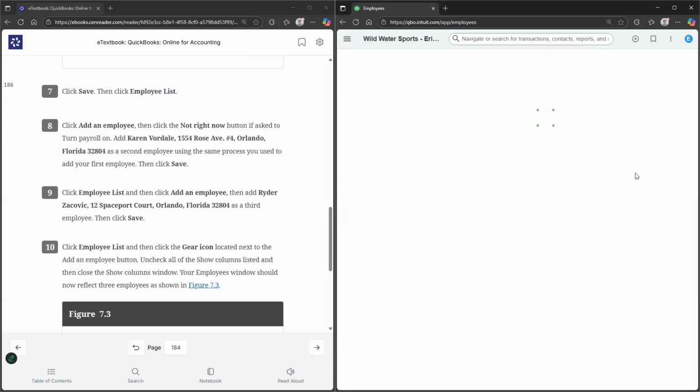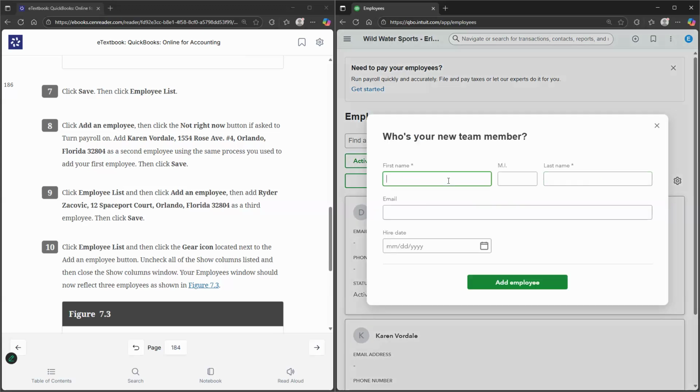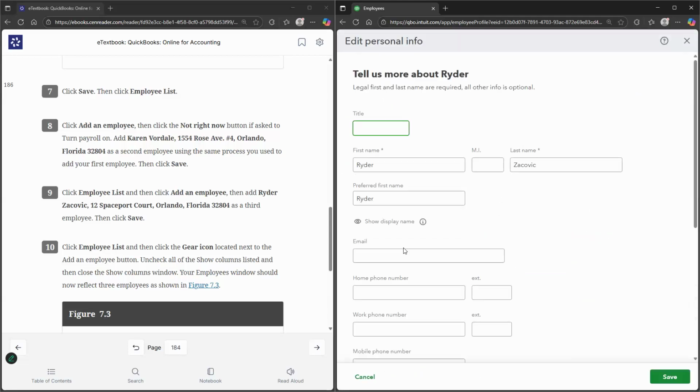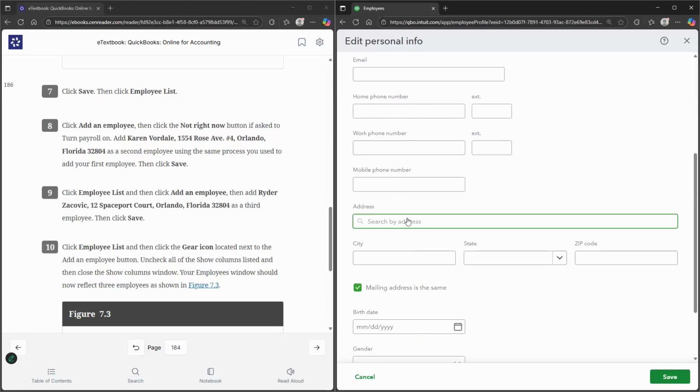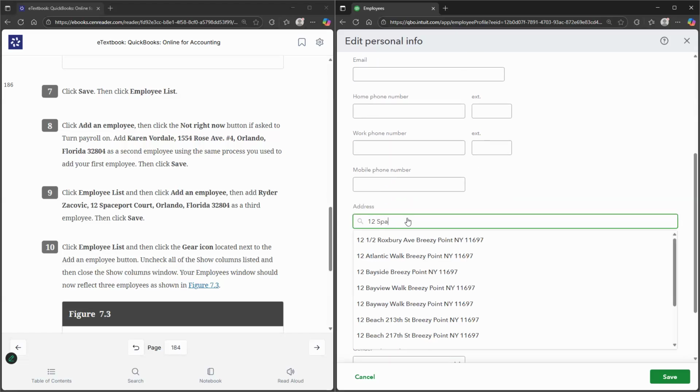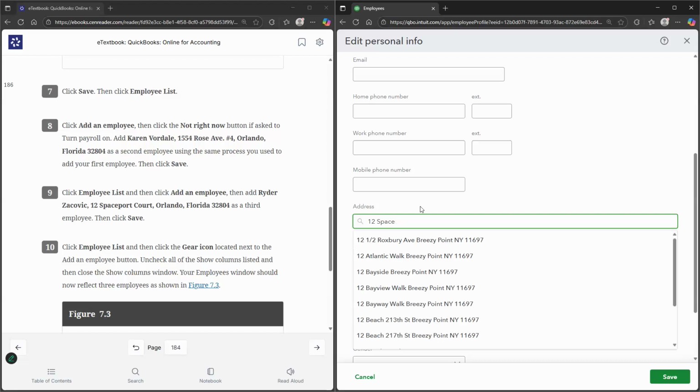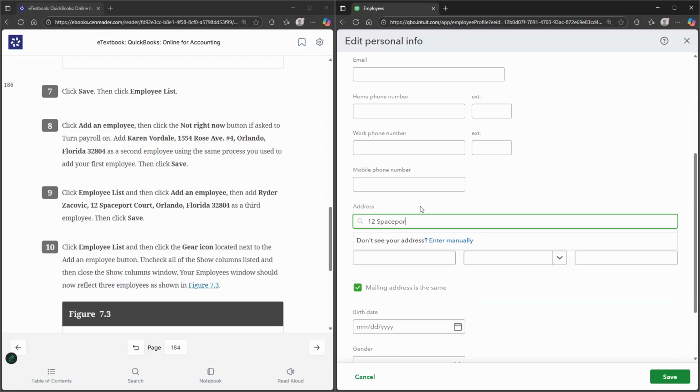We go back to our employee list and we add another employee. And this is Ryder Zakovic. And again, we add the employee and then we edit the personal information to input the address. His address is 12 Space Court. Oh, sorry, Spaceport Court,